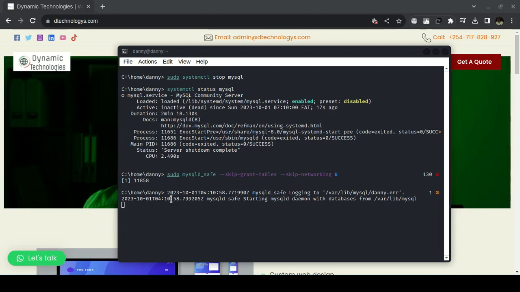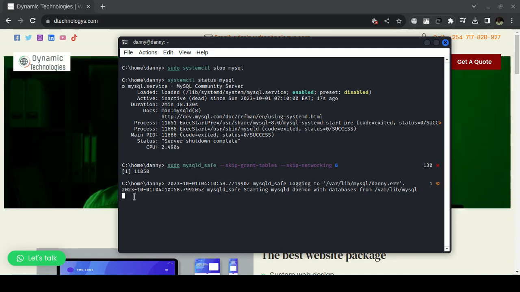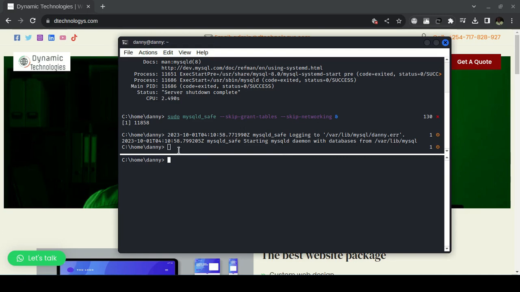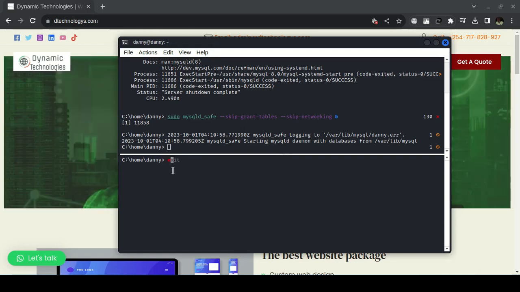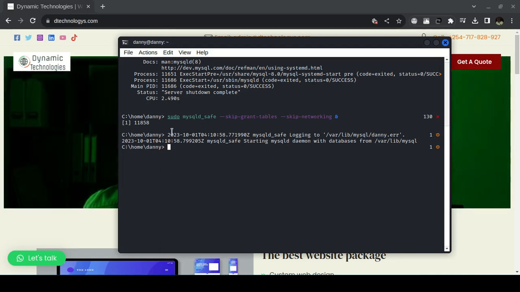This process may take a bit of time, and if it goes for more than 2 minutes, you can just open another terminal and proceed. So in my case, I'm going to split my terminal. Actually, it has just completed. So let me just close that. So once you start MySQL in safe mode,